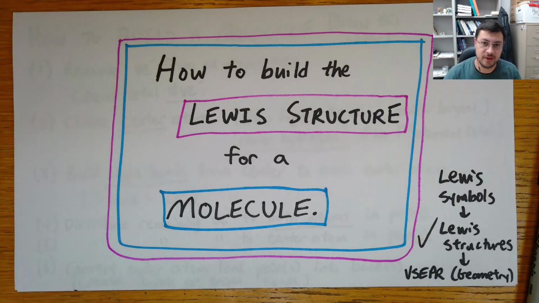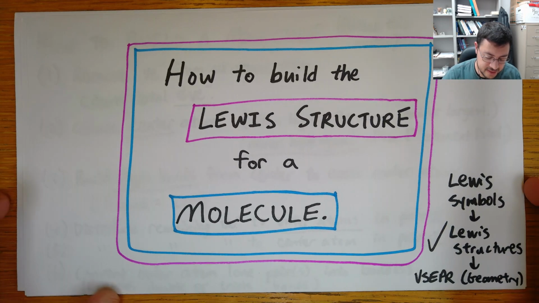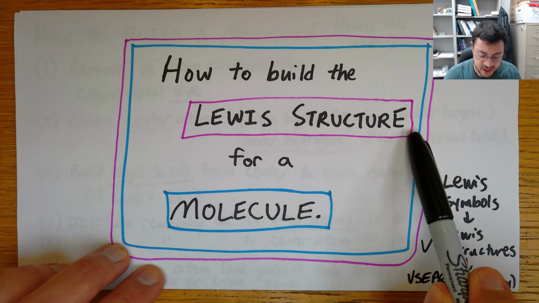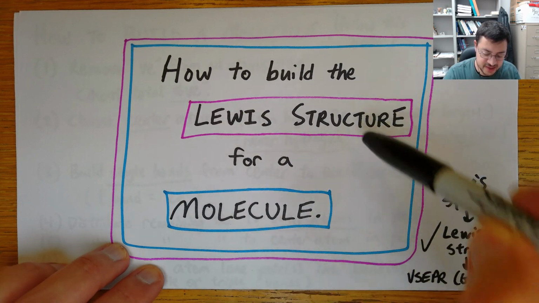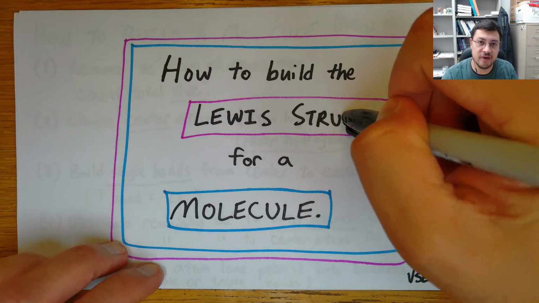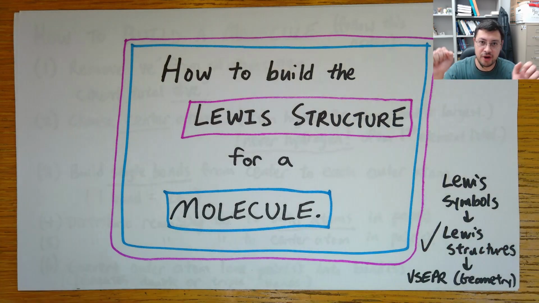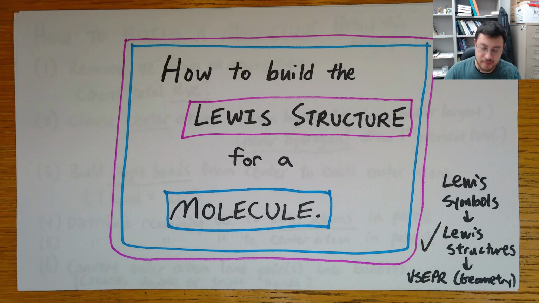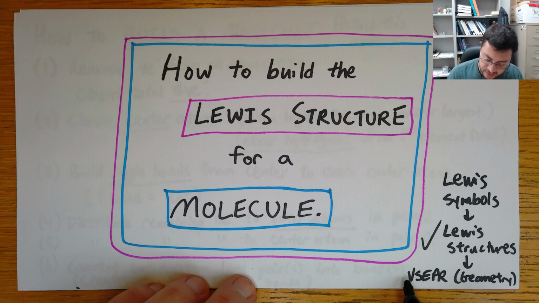Hello and welcome. In this video, we're going to be building something called the Lewis structure. The Lewis structure will be the basic skeleton of a molecule. It'll show how all the atoms are bonded together, and you'll get a good sense of what the molecule looks like. To get a true sense of what a molecule looks like, we would need to use a theory called